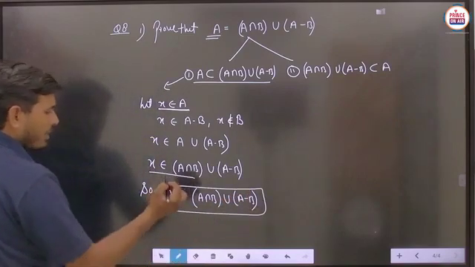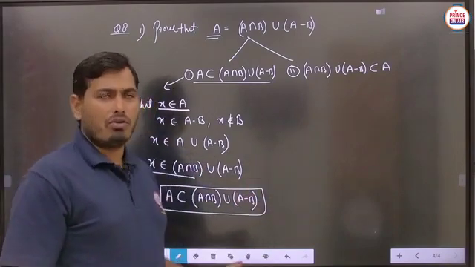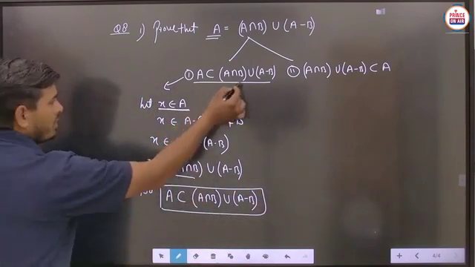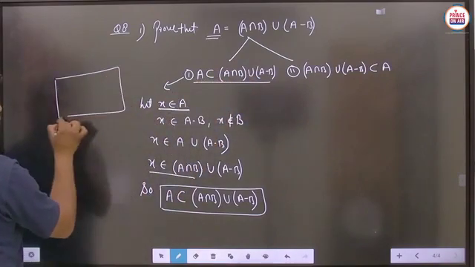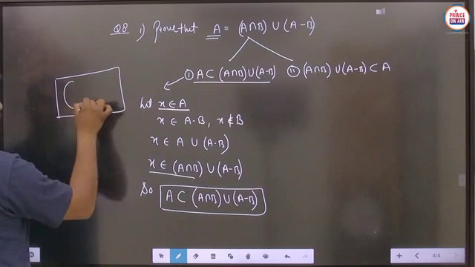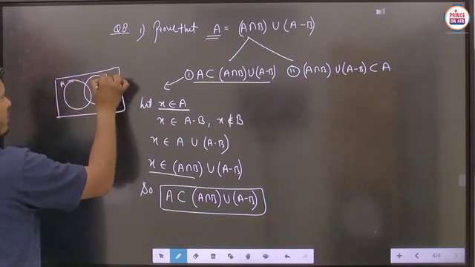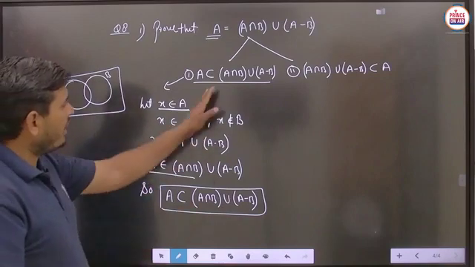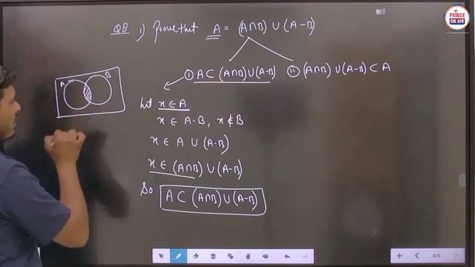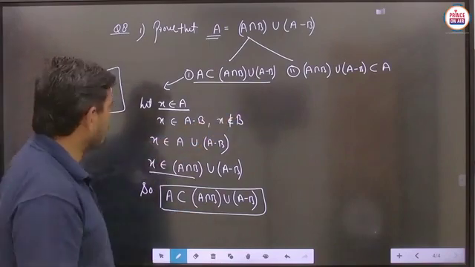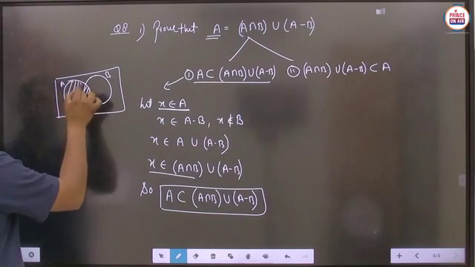So the very first part you can easily prove, and you can also prove the result with the help of a Venn diagram. Student, suppose we have to make the Venn diagram of this part. So this is any set A and this is any set B. So there are two sets A and B we are plotting here. So this part is A intersection B, and A minus B means only the part of A is to be taken. Is it to be clear?